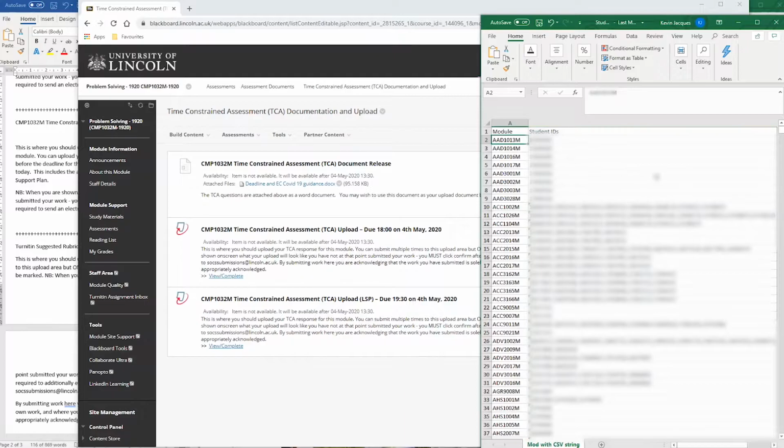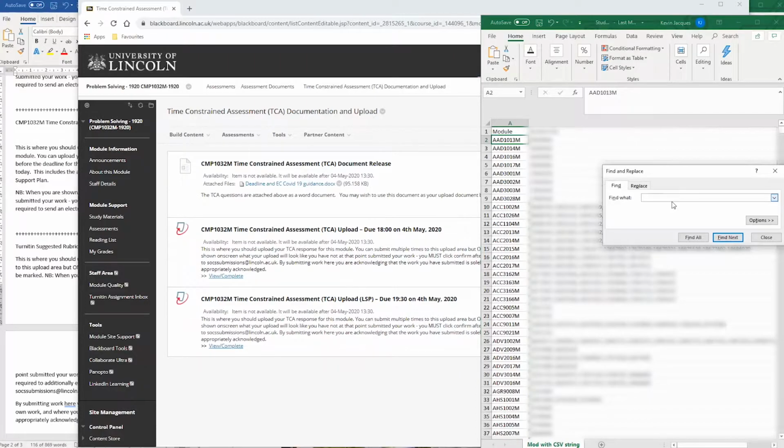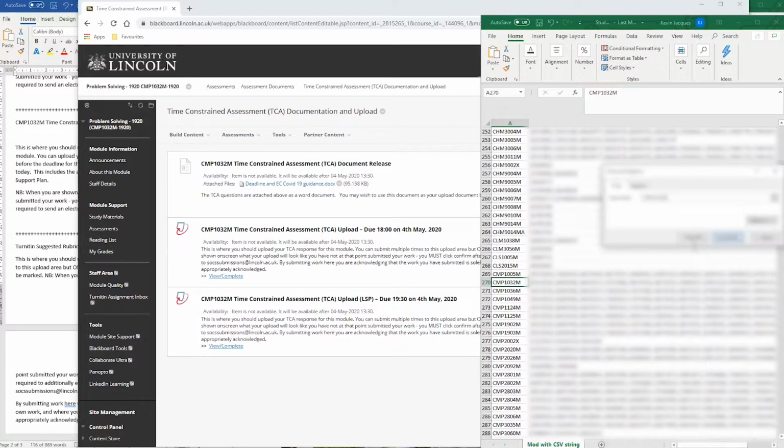From this spreadsheet, the easiest way, you can just scroll down until you find the module you want. But the easiest way to do it is to click Control F. What Control F does is it opens up a find screen, and you can type in the module code you're dealing with and just click Find Next. It will automatically go all the way down this list to find the students on CMP 1032 that have got